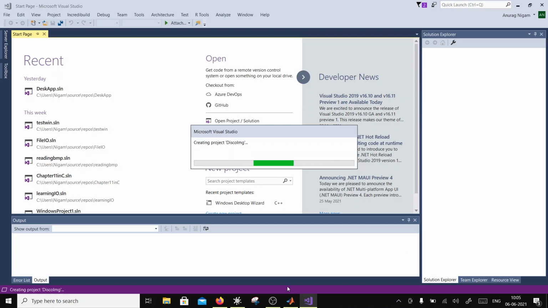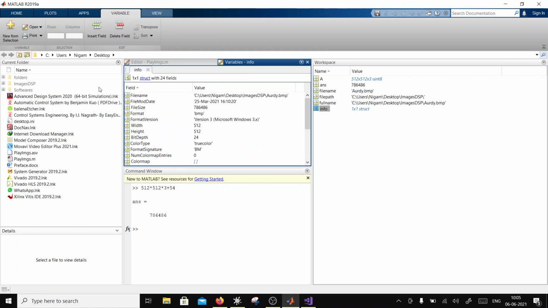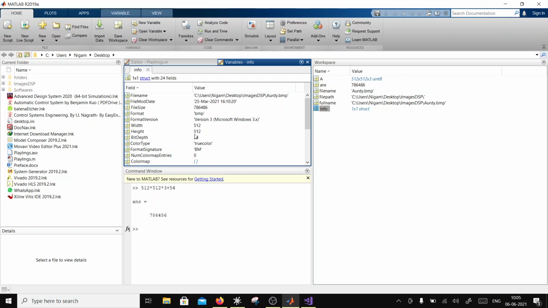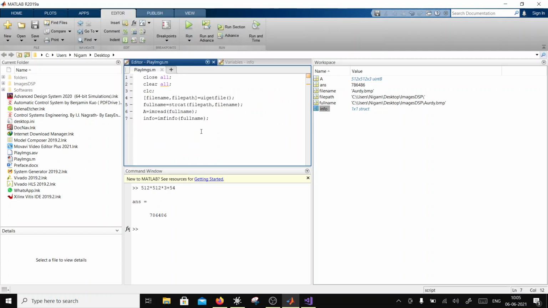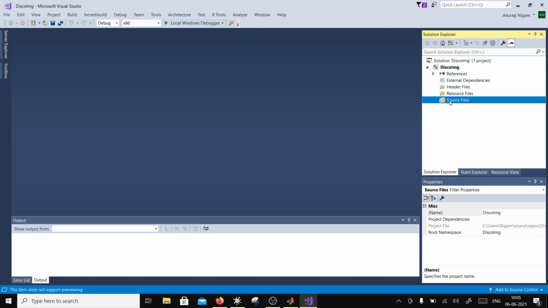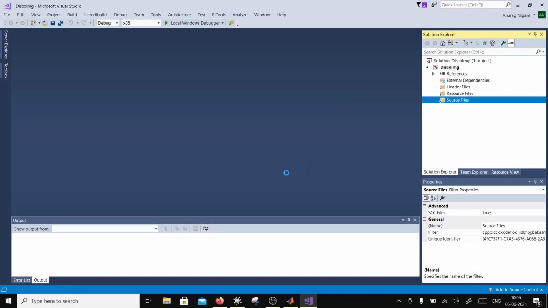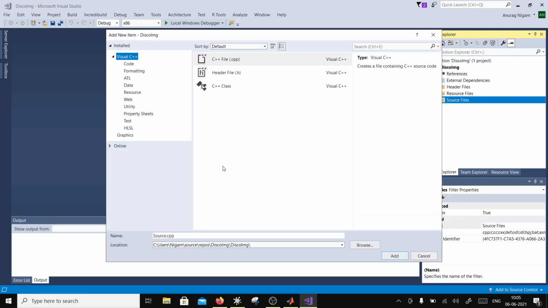See, what happens is MATLAB is not doing any magic, right? That's all I'm trying to say. And why I need to show you this is because these days OpenCV and MATLAB have all been shown to be doing some magic, which they don't. It's very simple processing.